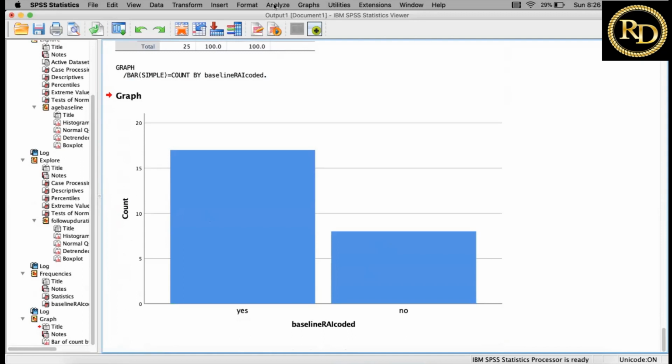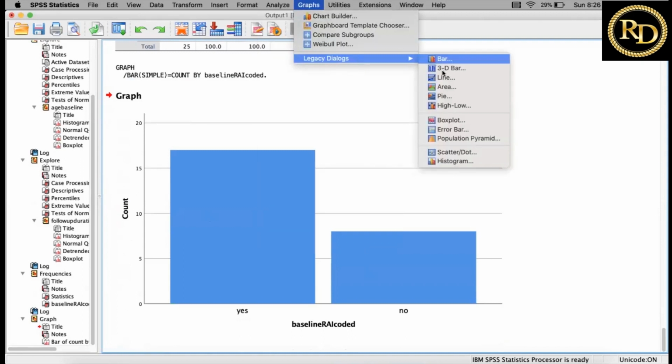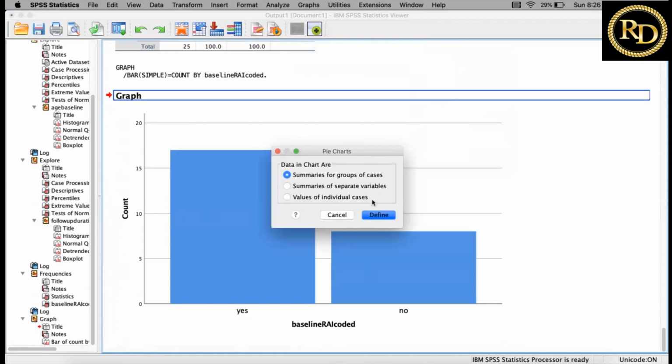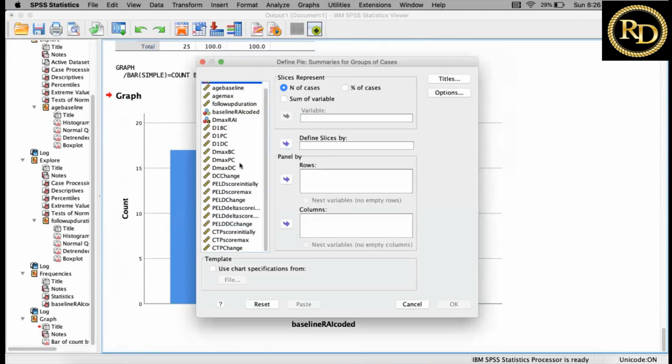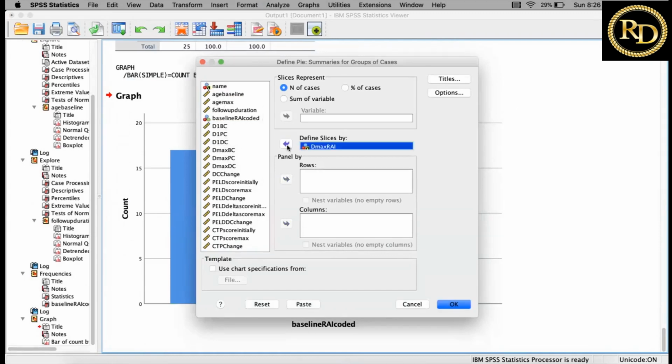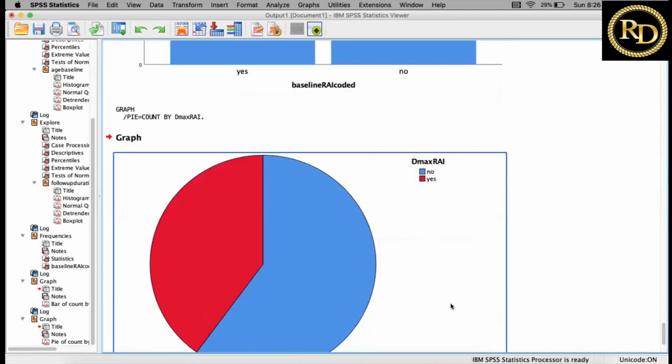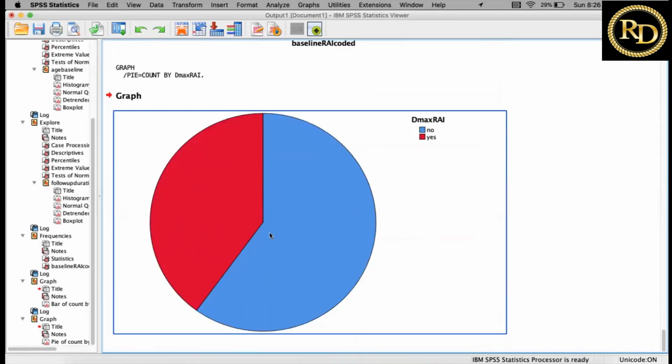And again in Graphs you can also prepare the pie chart. These are most of the time prepared for categorical variables. Here you can see.